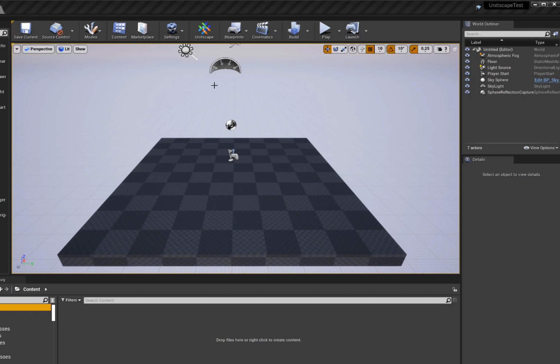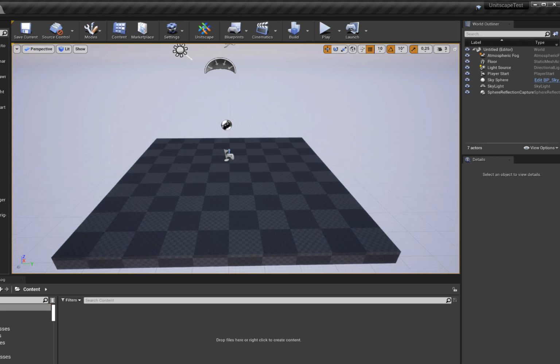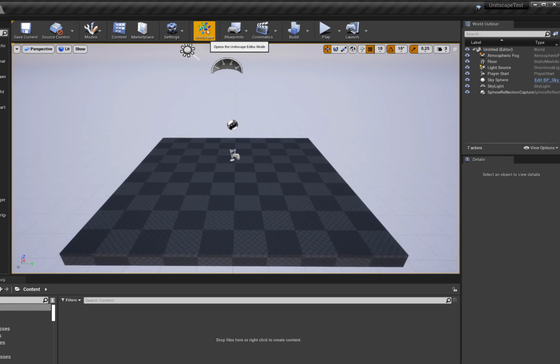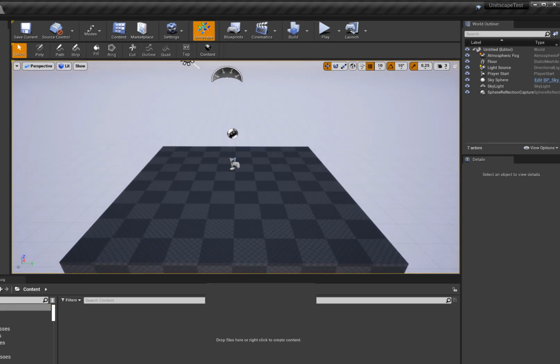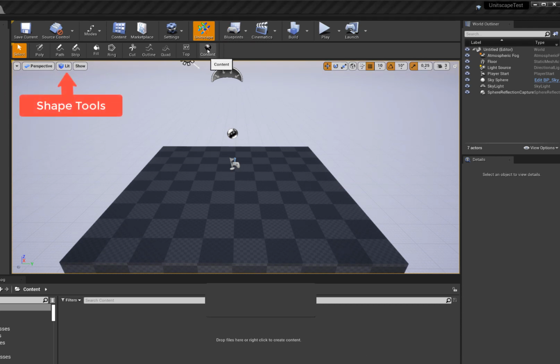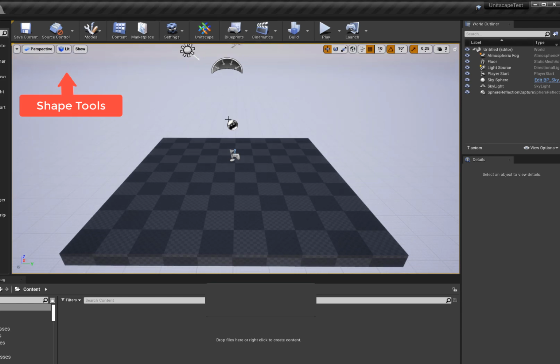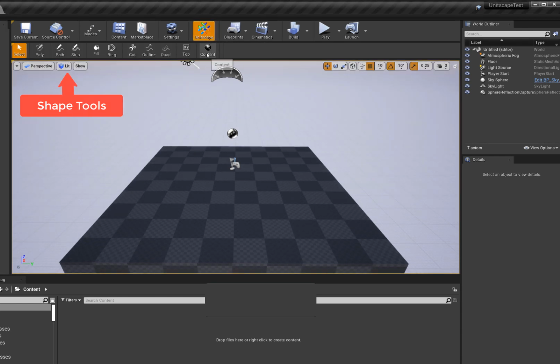When first starting Unreal Engine with the plugin activated, you should be seeing the Unitscape icon in the toolbar at the top. Click it to activate the toolbar. Here you find the shape tools, which are used in Unitscape to define the layout of your map or level. From here you can also open the content browser